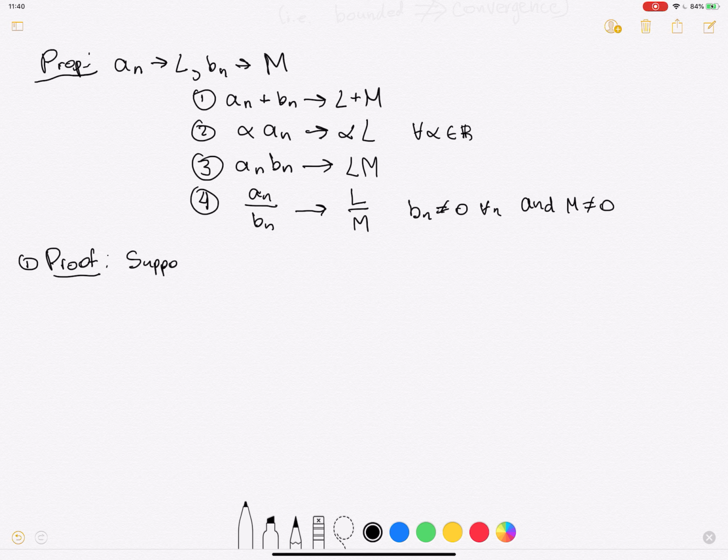Suppose a_n goes to L and b_n goes to m, as we said. We want to show that their sum approaches L plus m. So let's use the definition of the limit. So let epsilon be greater than 0